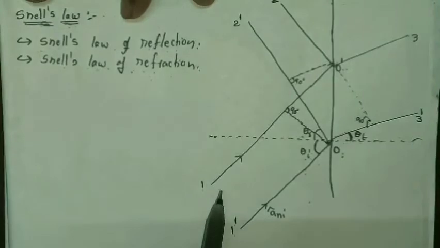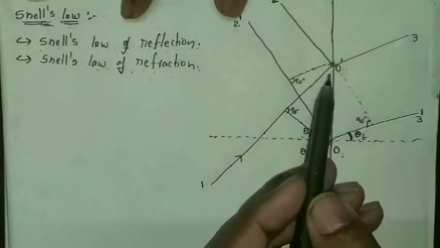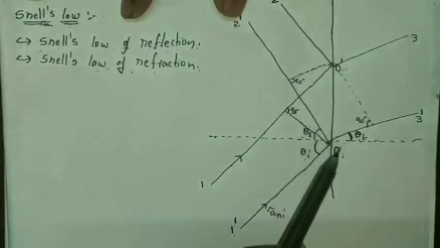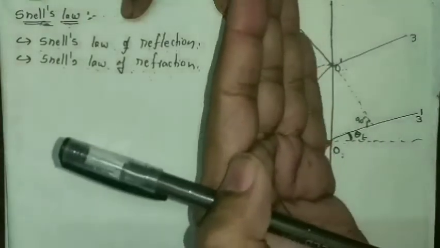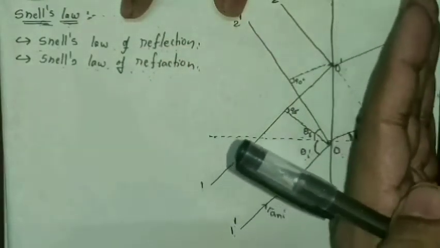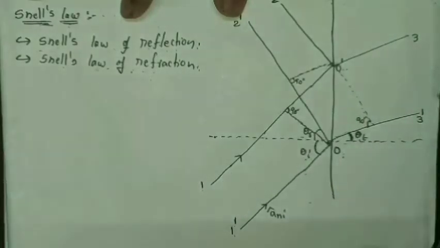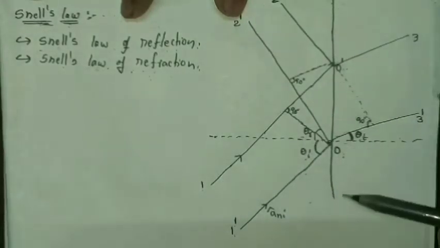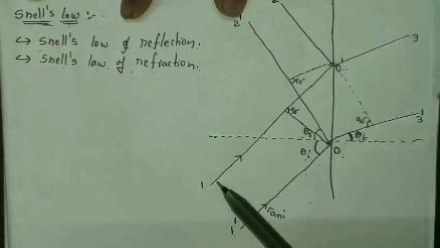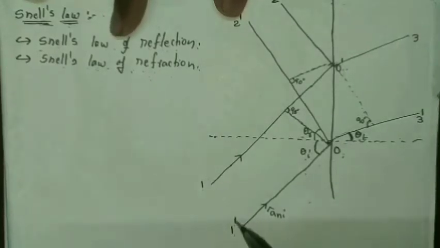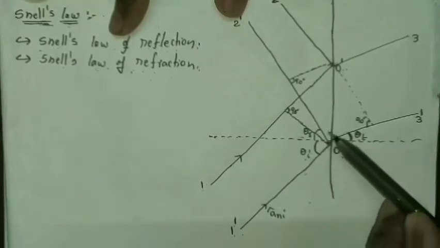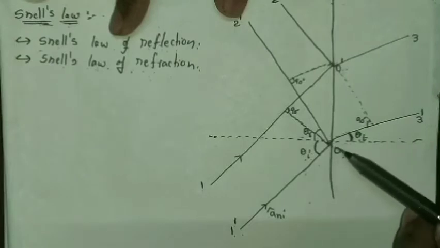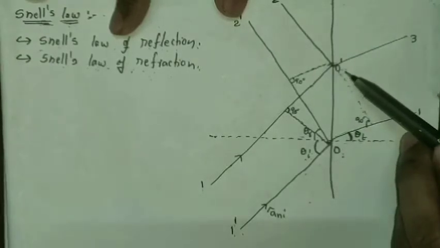In order to have a better understanding of this topic, let us look at this diagram, in which this vertical line indicates the boundary separating the two mediums. Left of this line is medium 1 and right of this line is medium 2. This is the boundary line separating the two mediums. Let us assume the incident wave, which is called 1 dash. This is the incident wave, striking the boundary at points O as well as O dash.